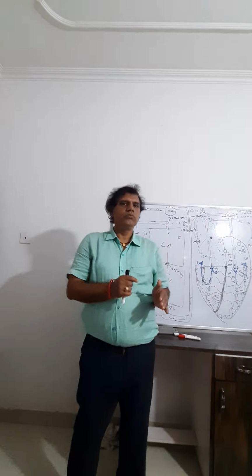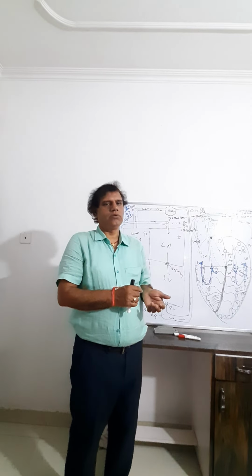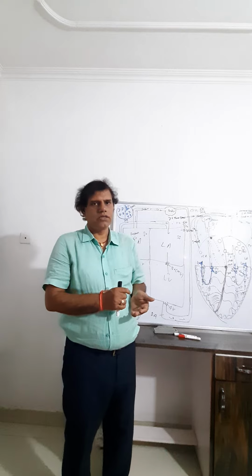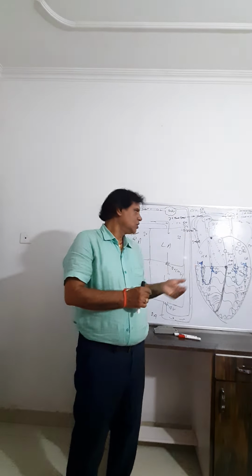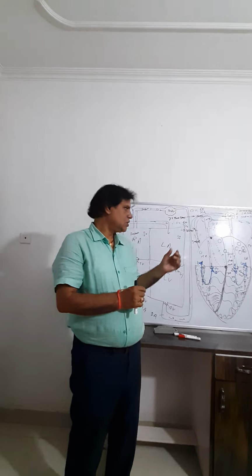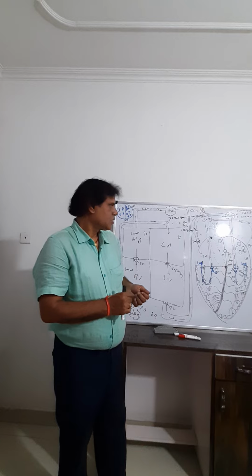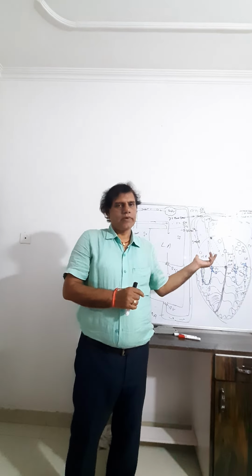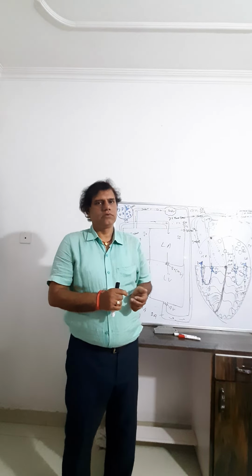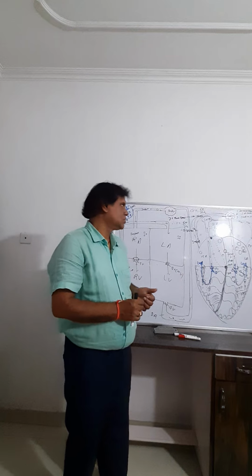So the stroke volume multiplied with the heart rate is called cardiac output or cardiac minute volume. So cardiac minute volume means heart rate, that is around 70-75, average 72, multiplied with the stroke volume, that is 70 ml. So around 5 liter per minute is the cardiac output. And it is also determined in the respiratory system with the Fick principle, O2 method and CO2 method. So cardiac output is 5 liter per minute.